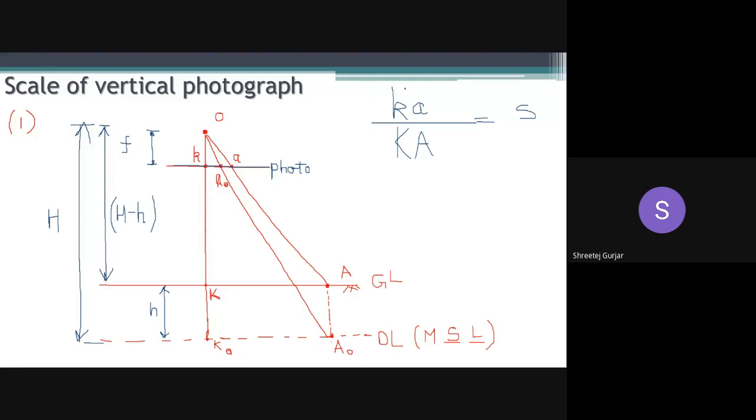Now let us derive a particular equation for this. I hope you have understood how to draw this diagram. It is very easy. Just understand the various terms that are used, and follow the process I used to draw it. Is this diagram clear? Please confirm in chat, yes sir or no sir, or else I will explain the diagram once more.